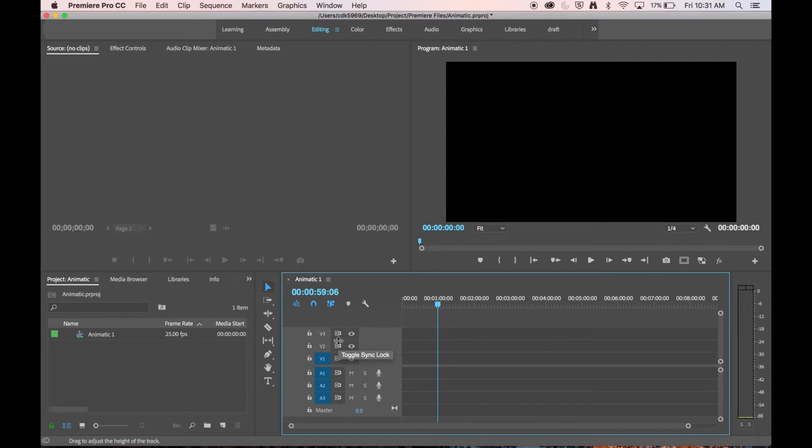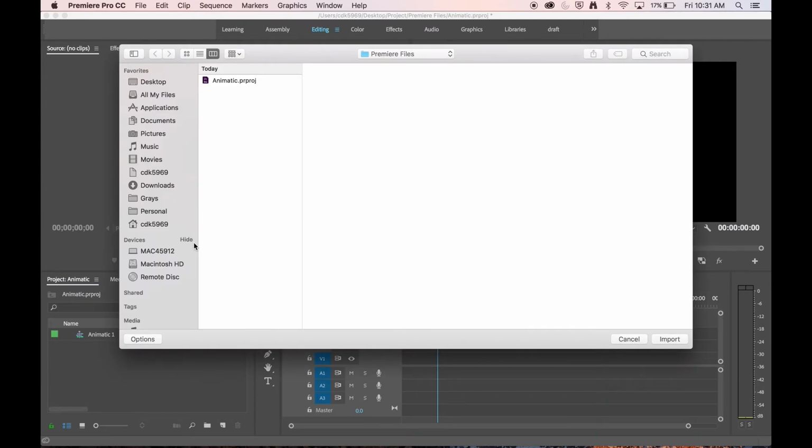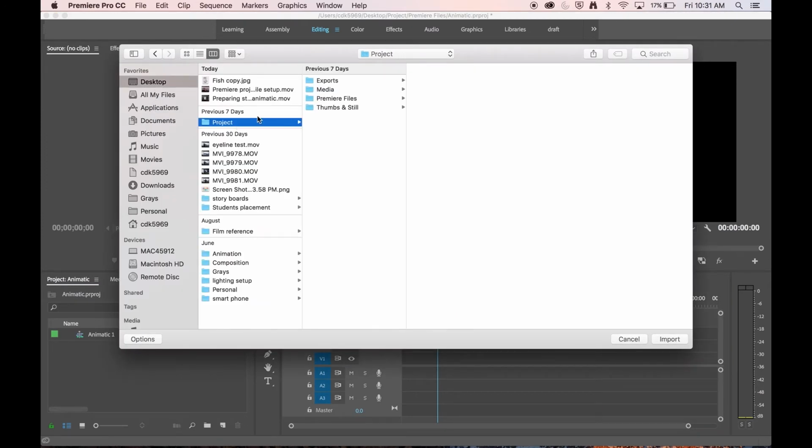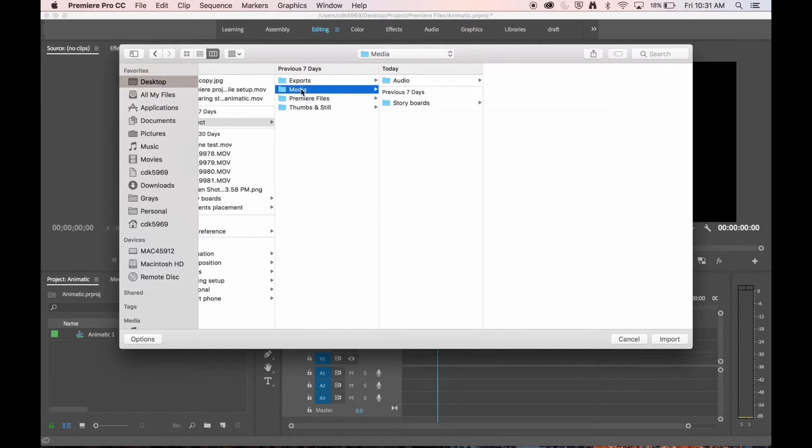So let's bring in our animatic storyboard stills, bring in some audio, and we'll start to construct our animatic. To import content into your edit, we can go to the File drop-down menu and select Import. I'm going to then navigate to my project folder and my media folder, and because I've created subfolders categorizing everything, I could select individual files to import, but I'm just going to select my parent folder, the media folder that holds everything I need for my edit. With that selected, I will click Import,